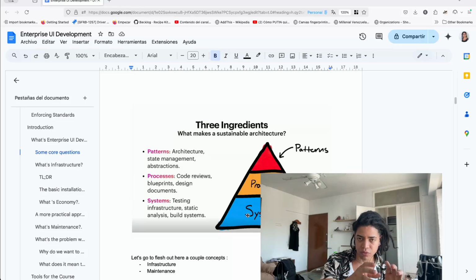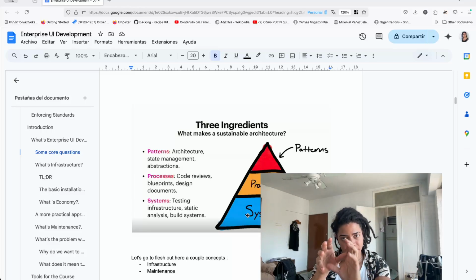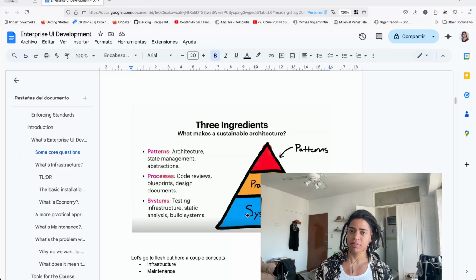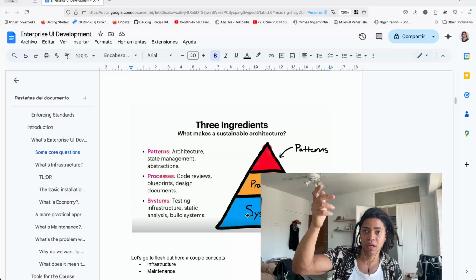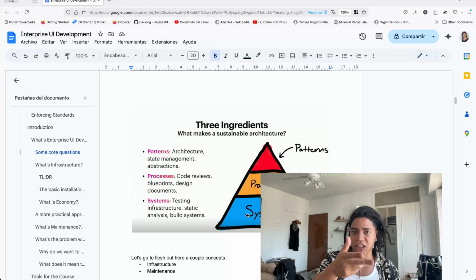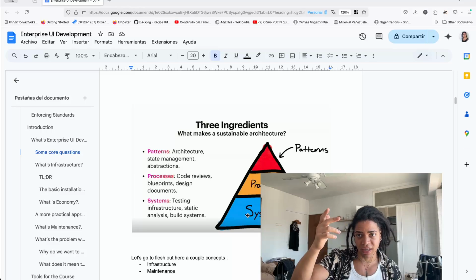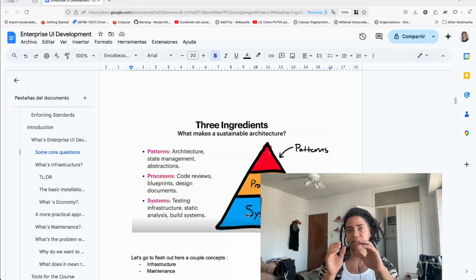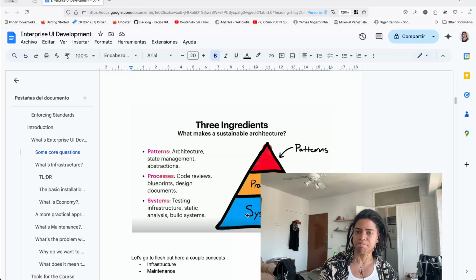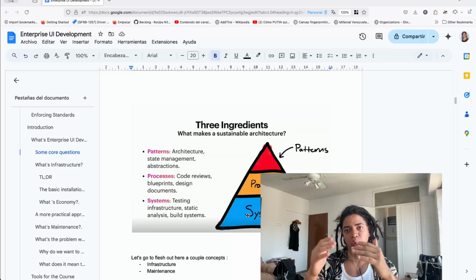So first we need to look at the testing, build, and static systems, okay? And then on top of that is the process that we need to put in place to guarantee code maintainability, such as code review, design documents and blueprints, and then the patterns that arise anytime while we're doing this code review, the stuff that always happens, this recurring stuff,